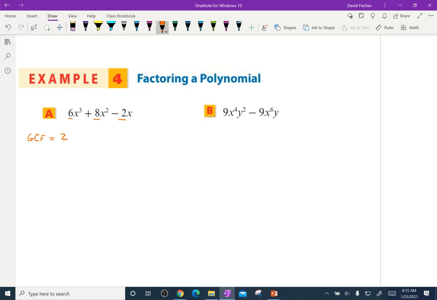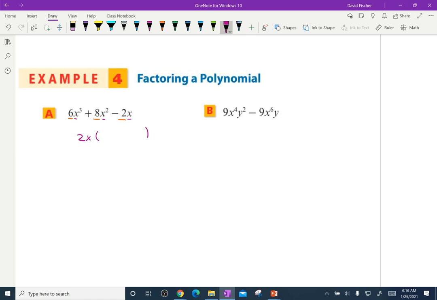Okay. So now, actually, I'm not going to write GCF because they want us to factor it. So, sorry about that. I want to take out a 2. And now I'm looking at my variables. They all have x's, and the smallest exponent that's in all of them would be x to the first. Now, this is very important. This is why we needed to learn how to multiply